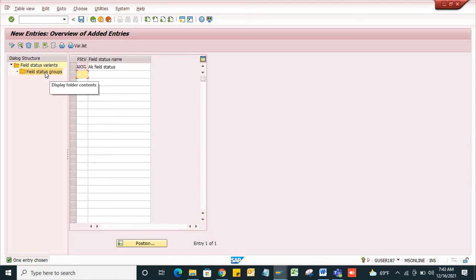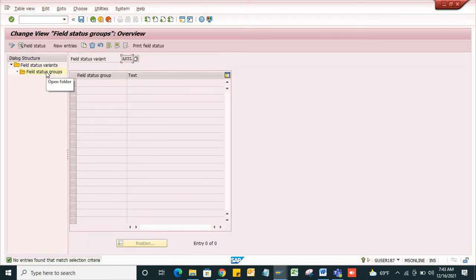Then I will select this and go to field status group. See, there are no field status groups defined for my company code. SAP has predefined field status groups in the system itself, inbuilt, so I will copy those to my company code.